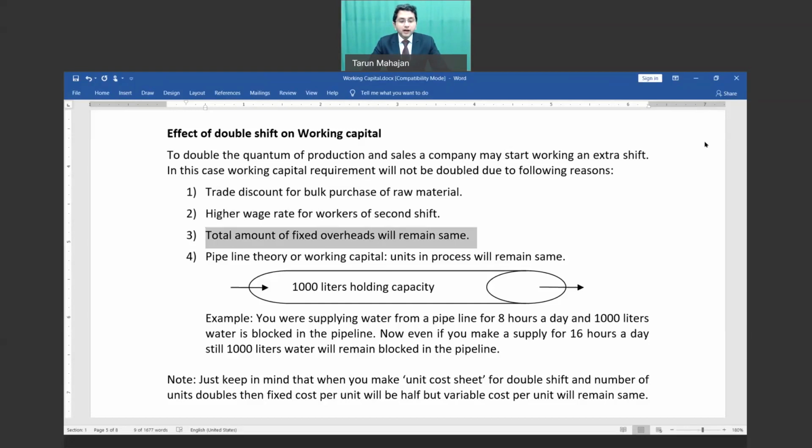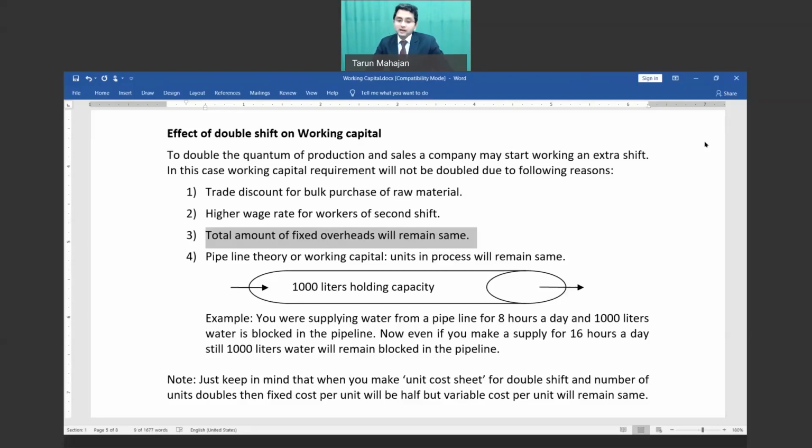Then yes, you have rightly mentioned fixed cost. When I work double shift, my fixed cost will still remain the same, and therefore my per unit fixed cost will reduce. Because with the same total fixed cost, if my production is doubled, my per unit fixed cost will come down. It will become half. And that's why working capital increases, but it